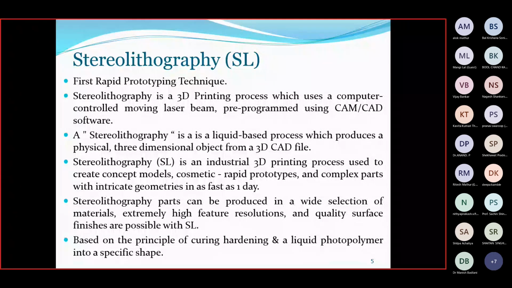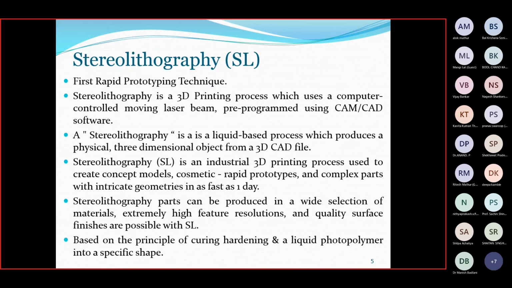Tomorrow in the morning session I myself will explain what the processes in 3D printing are. That part we will see tomorrow, but today we are getting knowledge of just one part, that is stereolithography.